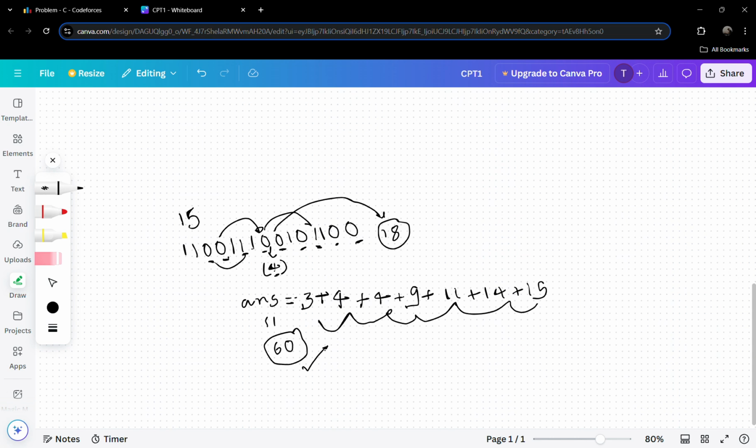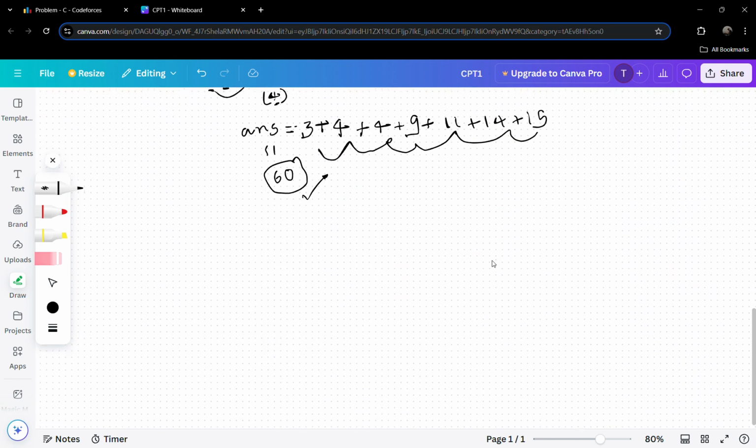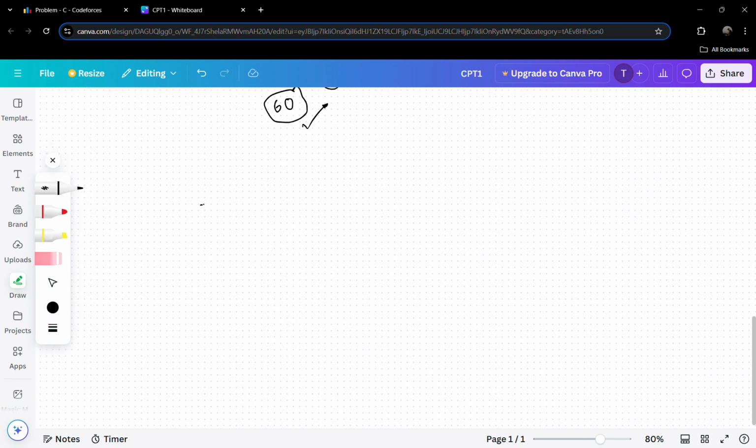So I hope you get the solution. And again, the time complexity of this solution is like order of n plus, as we are parsing the string. And for